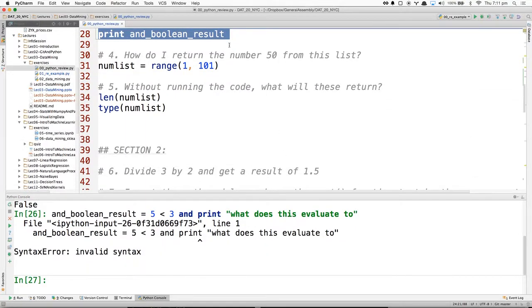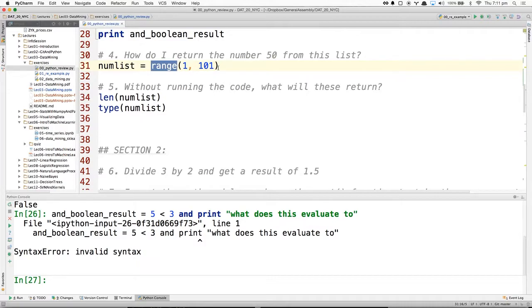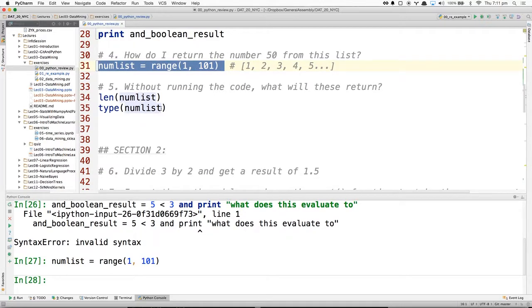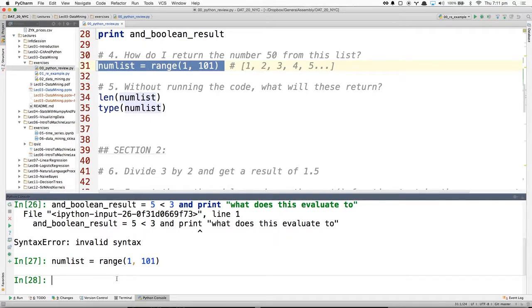So this was sort of a new concept, ranges. What is numList? Well, numList is a range from, it's basically, this range function is sort of like a fancy way of declaring an array. So rather than having to sit here and go 1, 2, 3, 4, whatever, I can just call this range function. And now it's as if I had manually created that very, very large list, that very, very large array. How do I get the 50th value though?